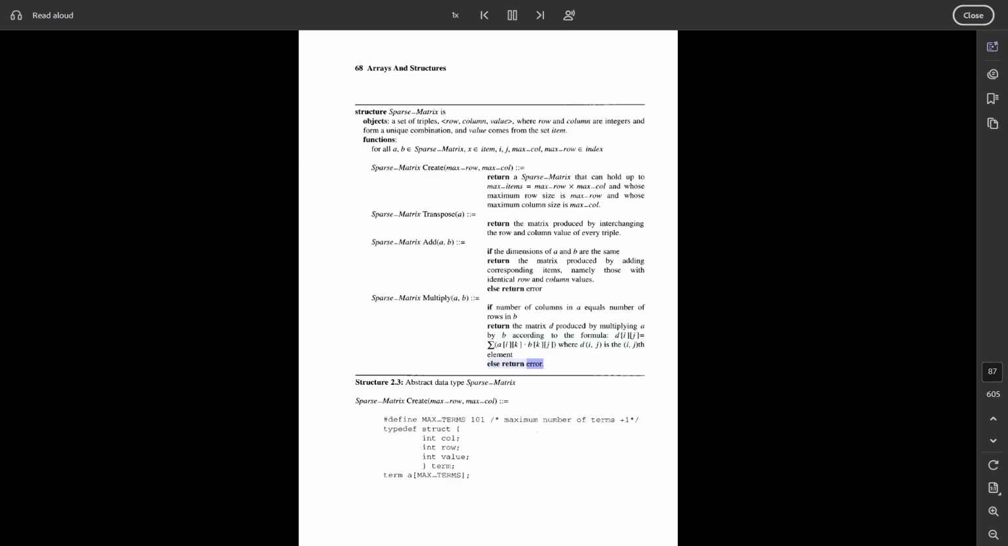Else return error. Structure 2.3: Abstract data type sparse matrix. #define MAX_TERMS 101 /* maximum number of terms plus 1 */ typedef struct { int col; int row; int value; } term; term a[MAX_TERMS];